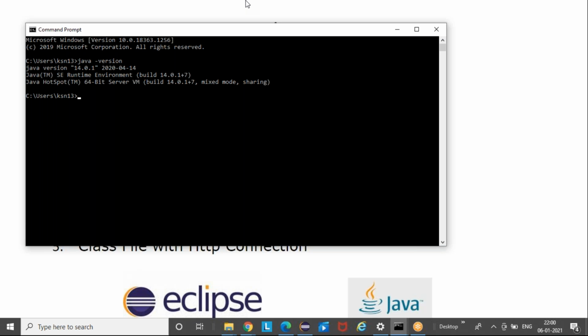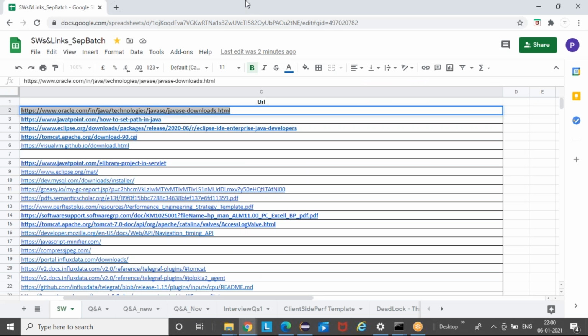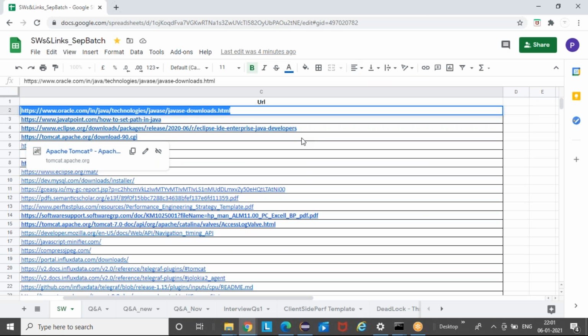I will try to go through the link which you have shared and download the exe file to my system. Most probably you are going to cover how to install everything tomorrow, so it will be helpful. Tomorrow we will cover how to configure the environment variables. But the download you can just go and do, because I have already downloaded and installed it. The installation is very straightforward, you just click next and it will get installed. Once it is installed, you need to make some configuration changes in the environment variable, which we will do tomorrow.